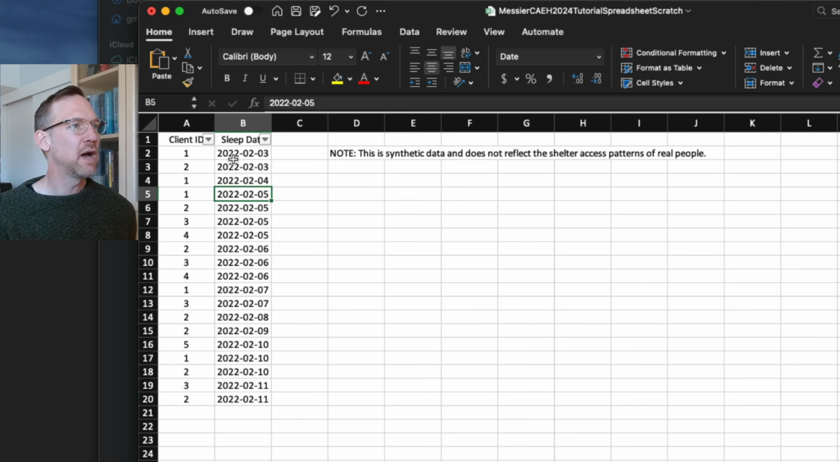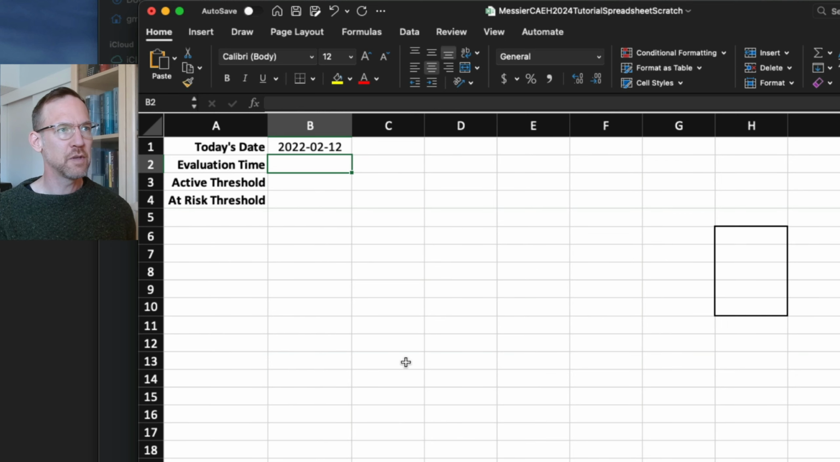You can see the data is grouped by evening. So here are the two clients that slept in shelter on February 3rd. Here's the one client that slept in shelter on February 4th, and so on. I'm going to assume that this is like the raw data format that most shelters might use. Now, on this summary tab,